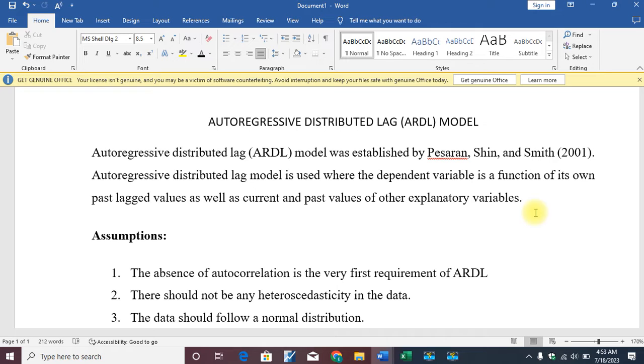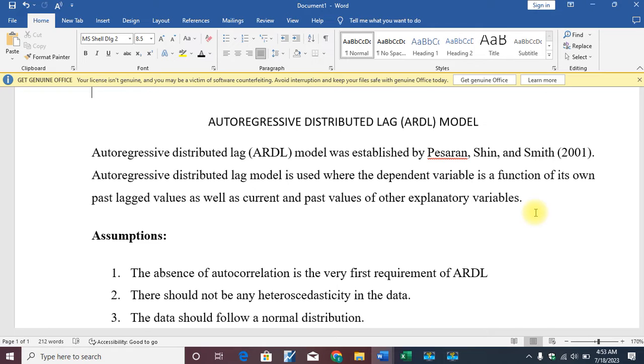We are going to be discussing a fascinating innovation in macroeconometrics that was put in place by Pesaran, Shin and Smith in 2001, the Autoregressive Distributed Lag model. The Autoregressive Distributed Lag model was put in place to consider situations where the time series data used